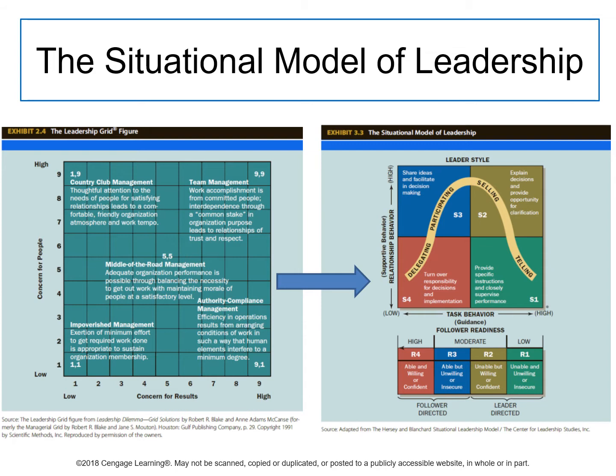Hersey and Blanchard's extension of the leadership grid, which we discussed in the previous chapter and lecture, focuses on the characteristics of followers as the important element of the situation, and consequently of determining effective leader behavior. The point of Hersey and Blanchard's theory is that subordinates vary in their level of readiness. So people might be